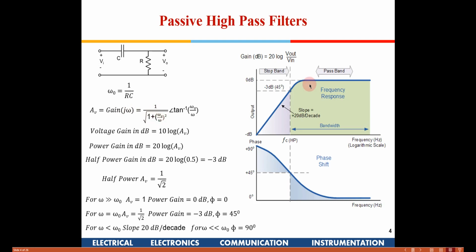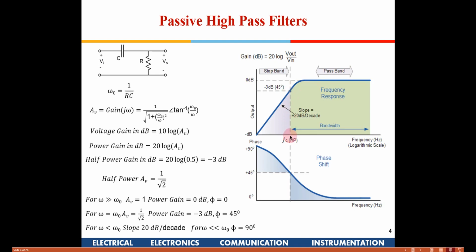So that corresponds to the 3 dB point. That is why this is known as the cutoff frequency. Cutoff frequency means the frequency at which the power becomes half. So this is the cutoff frequency out here. Here the power comes to half of what it was before. In this case, here it is 0 dB, so it will be minus 3 dB here. So at the cutoff frequency, the power will become minus 3 dB. That's why the curve starts falling down. It comes to minus 3 dB at the cutoff frequency.